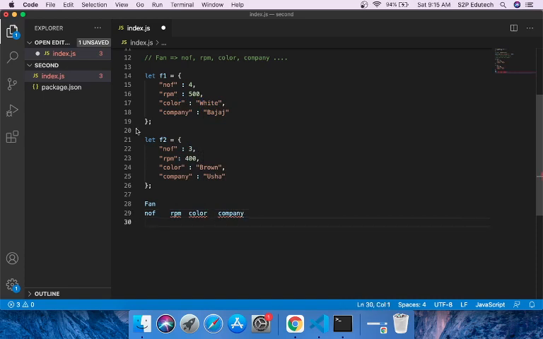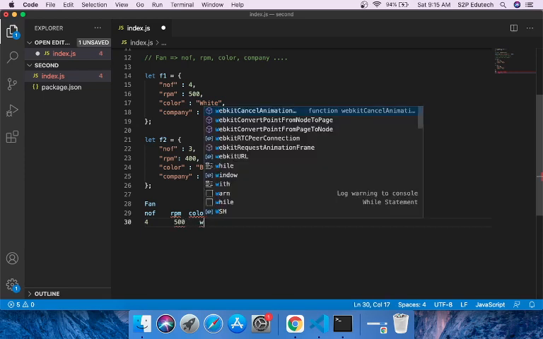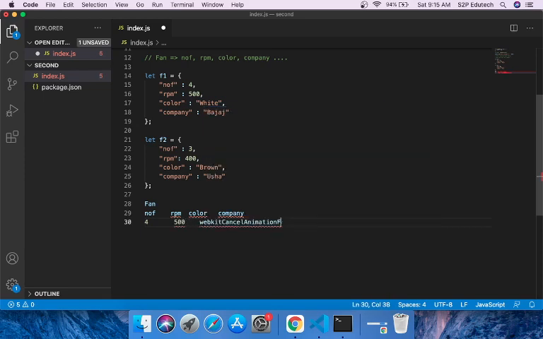Each row would represent an object. So you can have 4, then RPM will be 500, then white, and company would be Bajaj. In the same way for the second row, 3, 400, then brown, then Usha. So you can imagine it in this way.